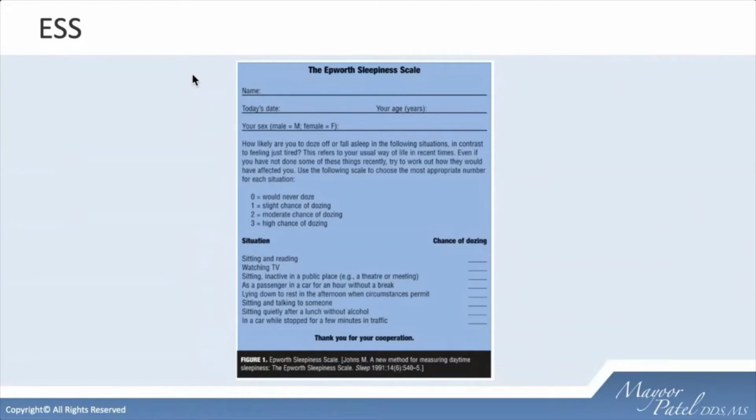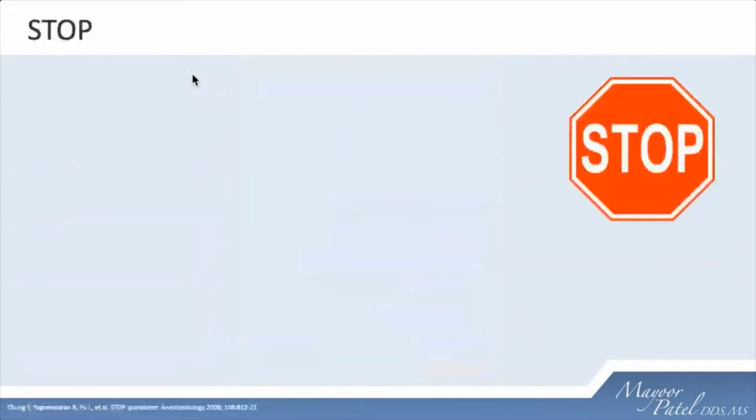So the Epworth Sleepiness Scale is a question that we do utilize, especially from the standpoint of insurance purposes. But if we were using this primarily to depend on identifying these patients, we will probably miss a good bunch of them. So then what else can we use?